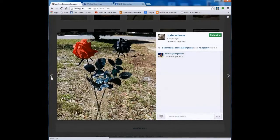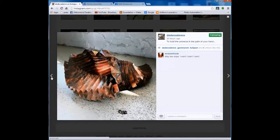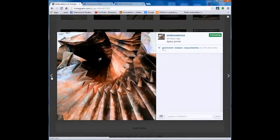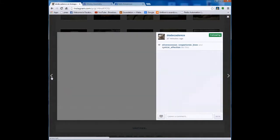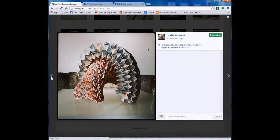Okay, so it sounds like you started when you were young. It's been kind of a hobby. Yeah, in a way. Okay, maybe an exercise for you. Yeah. And then for you, the last few years maybe, it kind of grew into something more. Well, when I found out about tessellations...